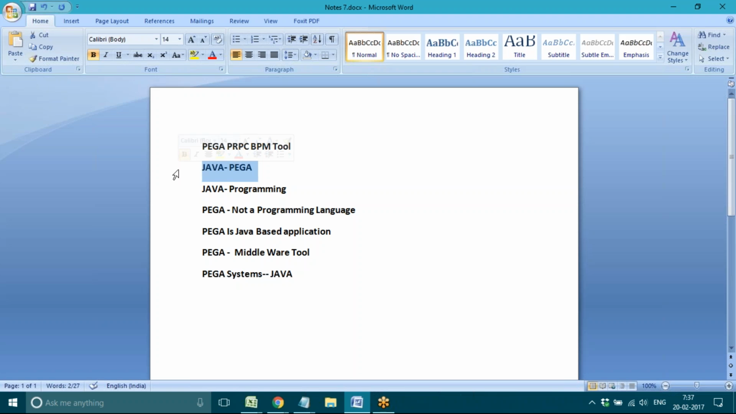But the thing is, the design process will be different. Pega is not a programming language. It is just an application or a tool. But Java is totally a programming language. So the procedure of developing applications will be different, and the way of designing applications will be different